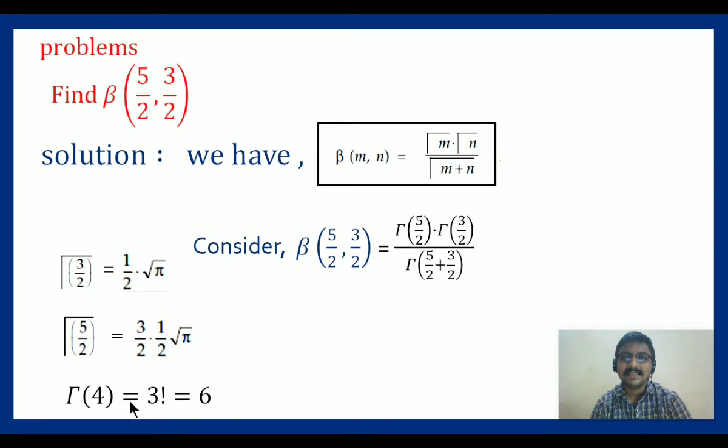Gamma of n plus 1 is n factorial for n positive integers. So gamma 4 is 3 factorial. Substituting all these values, taking the product, we will get the result as pi by 16. So simply we can find the required beta of 5 by 2, 3 by 2. We just have to compare with beta of m, n and define m and n. Just replacing m, n values in the relation between beta and gamma function, and then compute the gamma functional values. Just replacing the values and simplifying, we will get the required value of beta function.